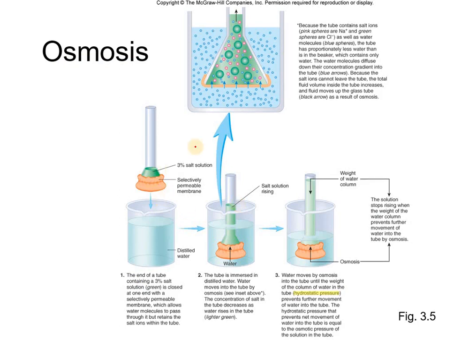So tulad nito guys, this one is a selectively permeable na membrane. Etong flask or yung tubing natin, meron siyang selectively permeable na membrane. At dito sa itaas, meron tayong 3% ng salt solution. So merong salt dyan, merong water, sodium, chlorine, meron dyan. Sinubmerged siya ngayon sa distilled water, no? Sa beaker ng distilled water.